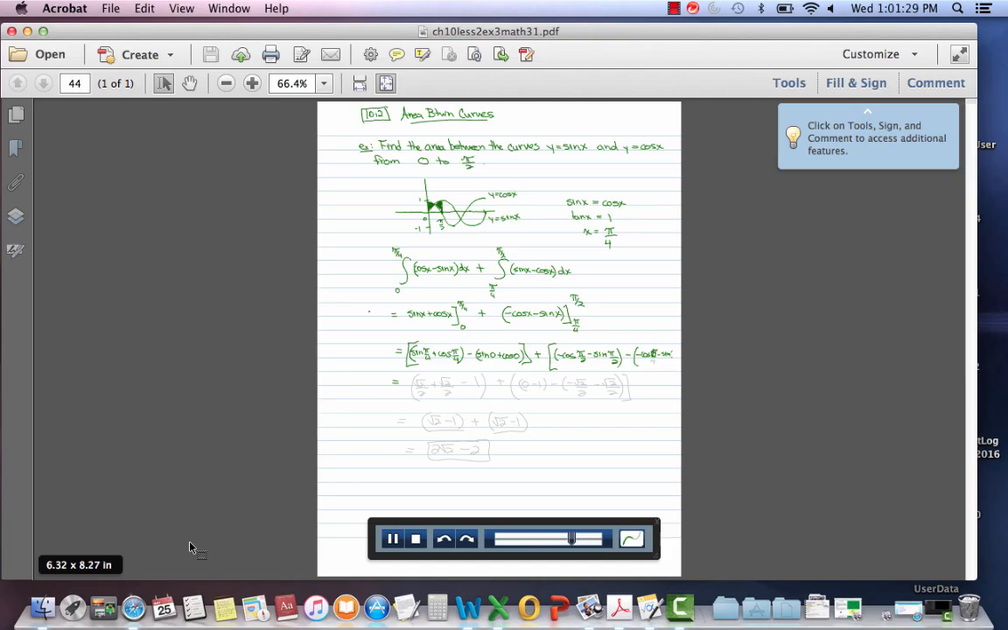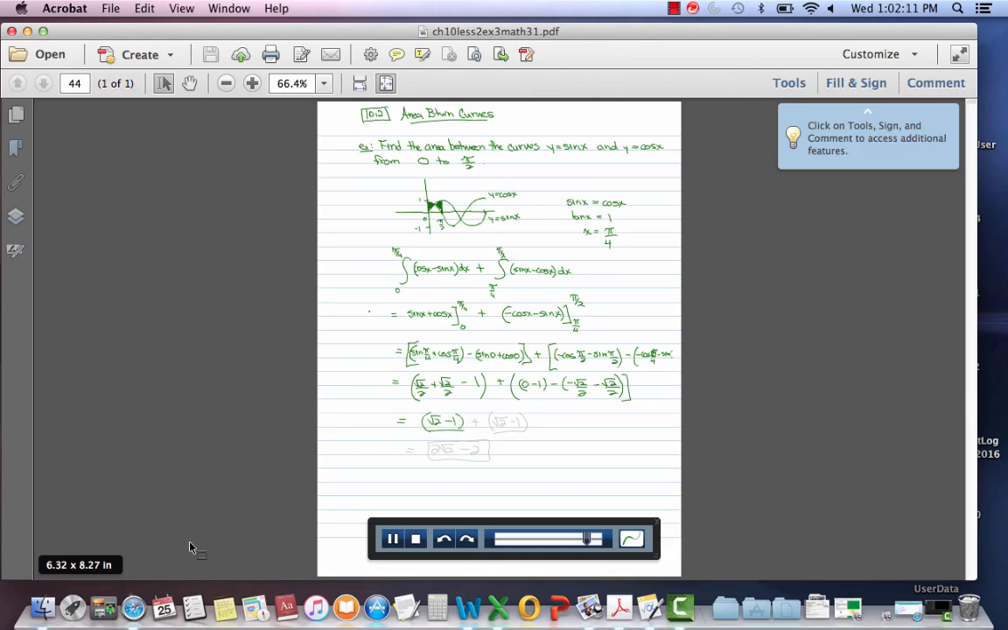What you end up with here is root 2 over 2 plus root 2 over 2 minus 0 plus 1, so minus 1. And then in the second bracket here, you end up with 0 minus 1, so 0 minus 1 minus, and sorry, this should be pi over 4, not 0. We've got negative root 2 over 2 minus root 2 over 2. First bracket, then, if I add these two together, I just get root 2, so then I've got root 2